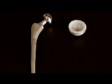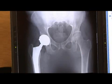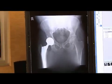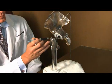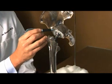Improvements in joint replacement surgical techniques have greatly increased the effectiveness of total hip replacement. Today, more than 200,000 total hip replacements are performed each year in the United States. The artificial hip joint is called a prosthesis, and it is designed to provide painless, functional range of motion for the patient. During total hip replacement, both parts of the hip joint, the ball and the socket, are removed and